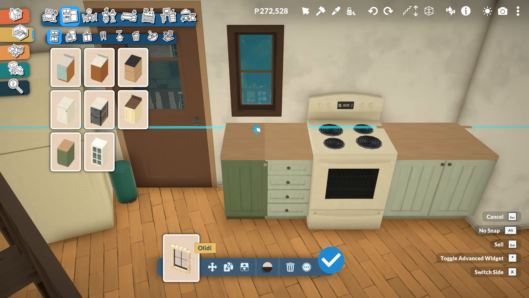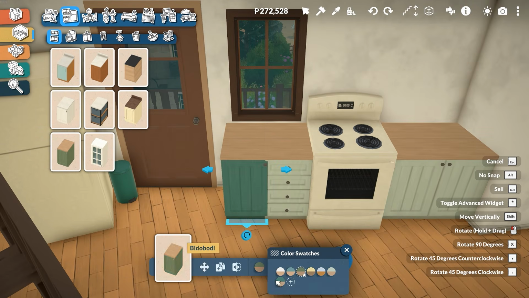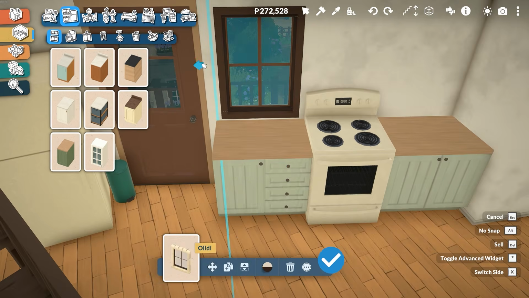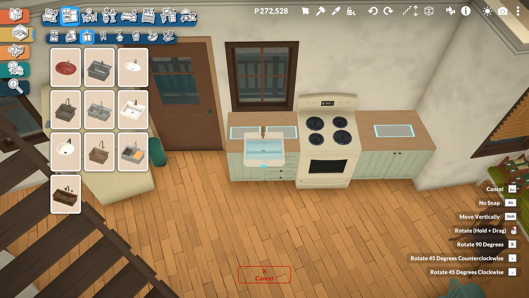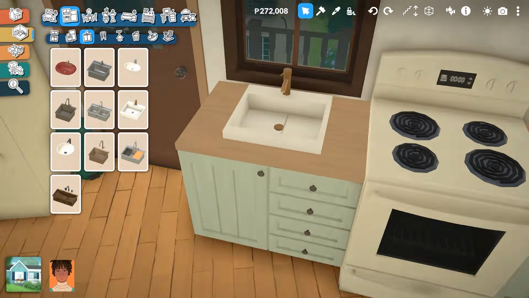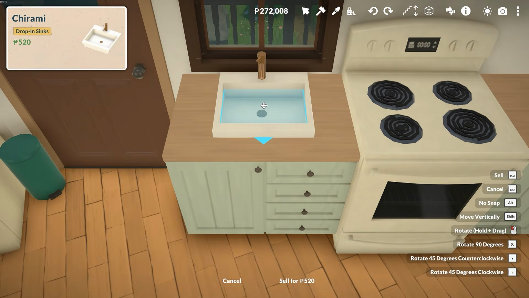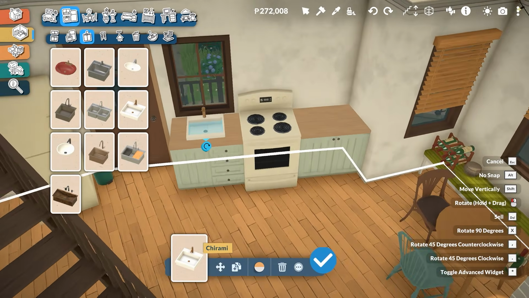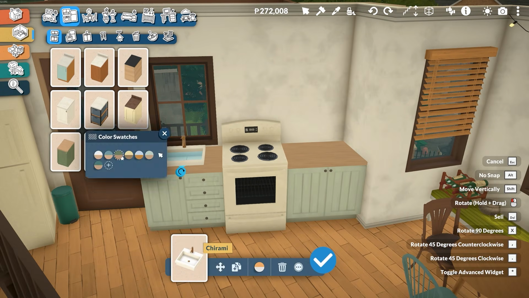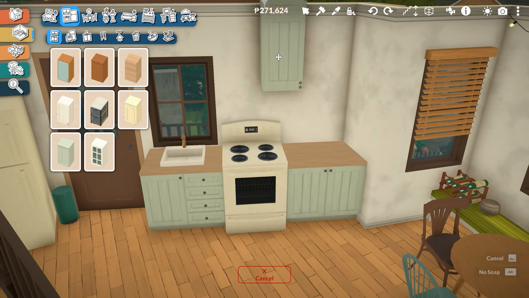Still trying to figure all that sort of stuff out, and I have a feeling maybe some of the features might be locked off because I'm playing an early release of the game and it isn't actually out for another day, I think, at time of recording. So yeah, I'm not too sure. I'll keep working on that. If you're watching this after launch and I figured it out, there will be a link in the description to this. But I'm not quite sure how this one in particular works.